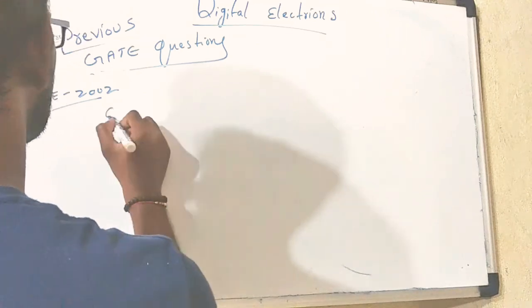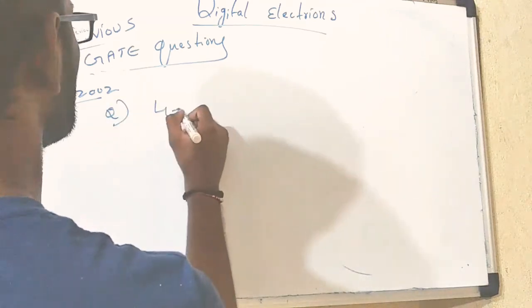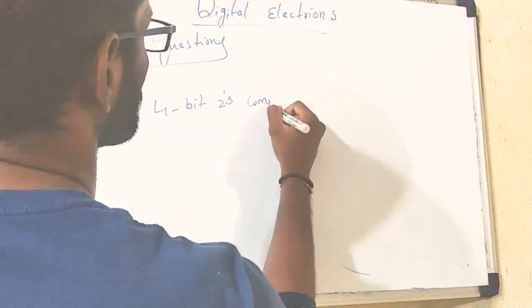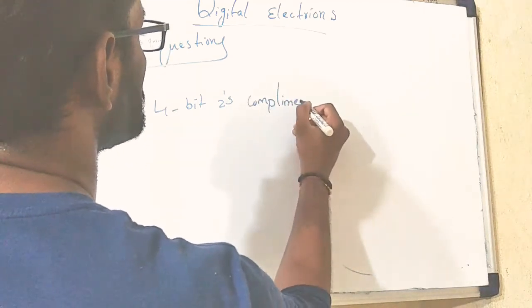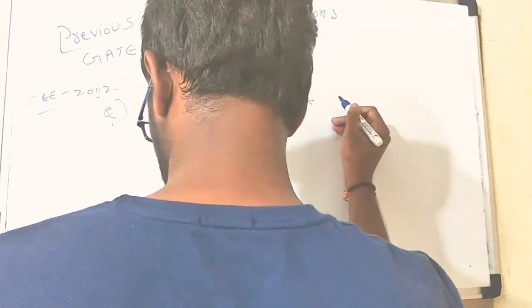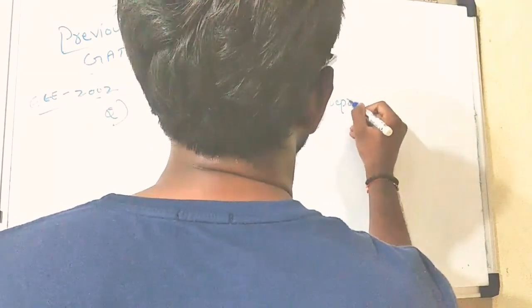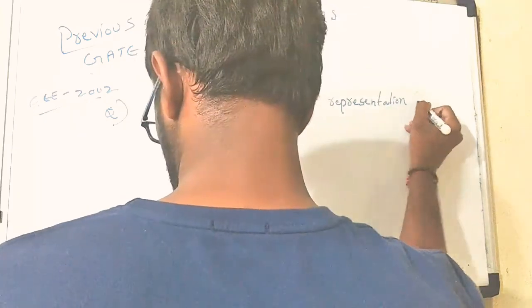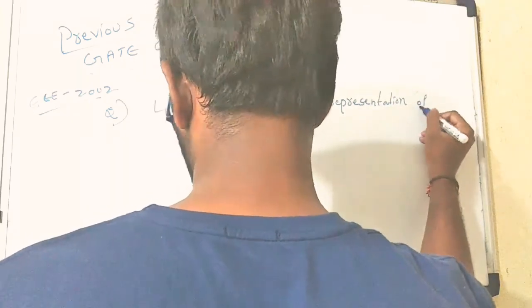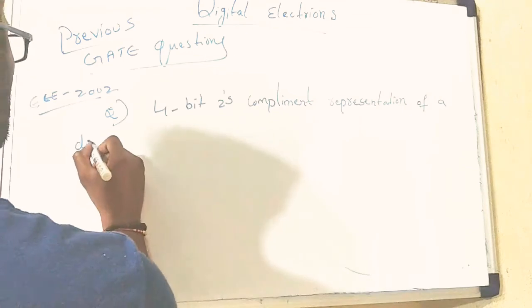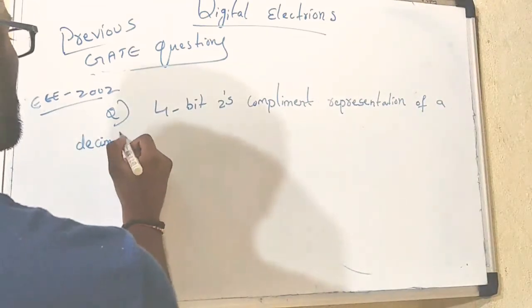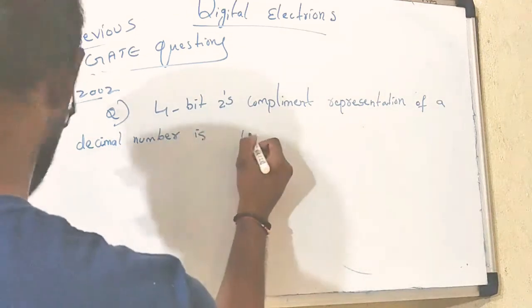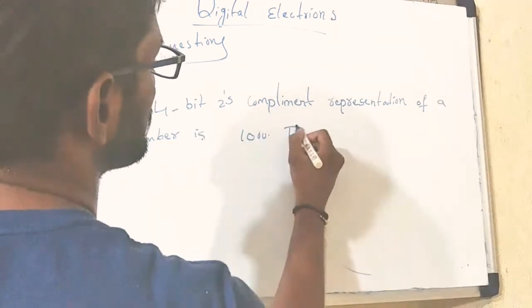The question is: the 4-bit 2's complement representation of a decimal number is 1000. The number is